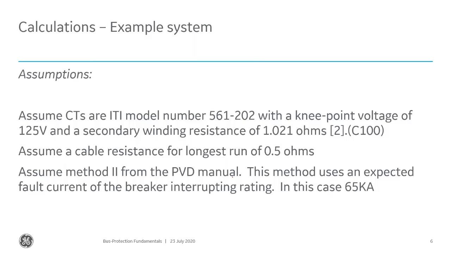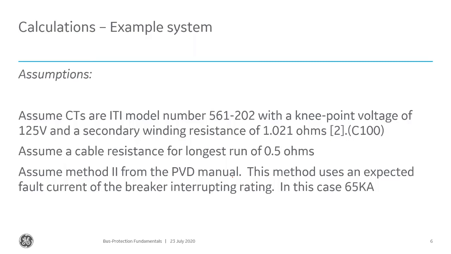It has a secondary winding resistance of 1.021 ohms. It's a C100, a 2005 C100. All these numbers I just quoted come from the catalog number for that particular CT, this ITI